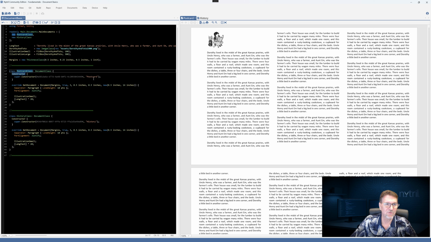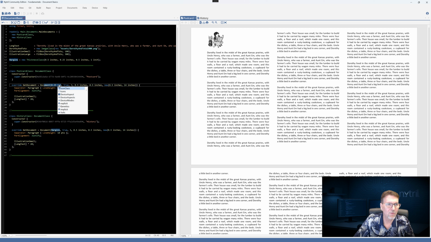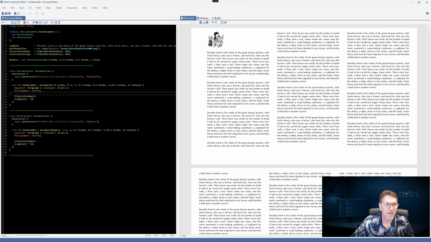Let's change this postcard to make it something different. We don't need these margins. Let's take these margins out, and let's just make this 1/4 inch all the way around. 0.25 inches. And we'll leave it landscape, but we don't need any columns. We don't need a column gap, and we don't need a gutter. So we're going to make all these null. But we do need a paper size, and we'll go ahead and do just a typical 5x7. So we got a 5x7 landscape with 1/4 inch margins.